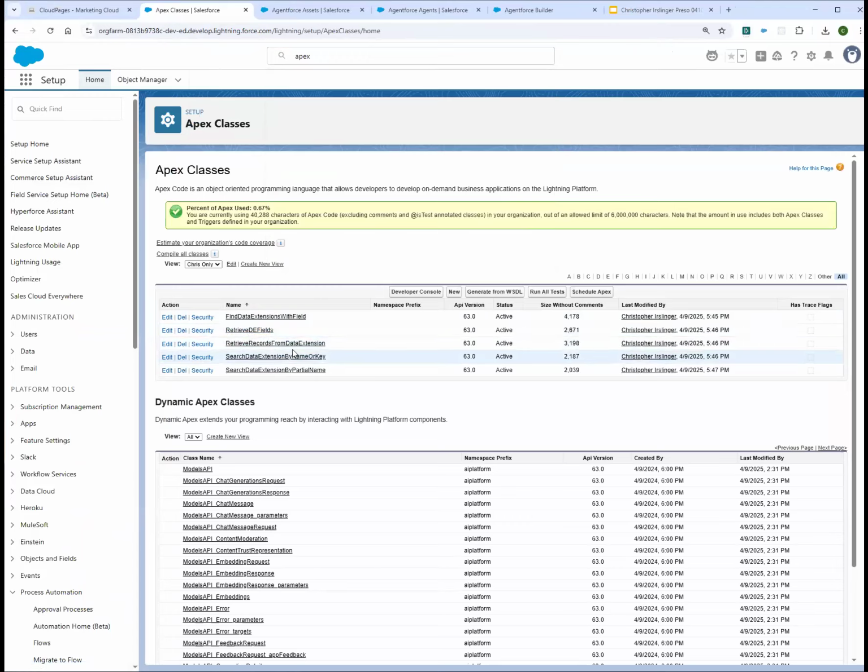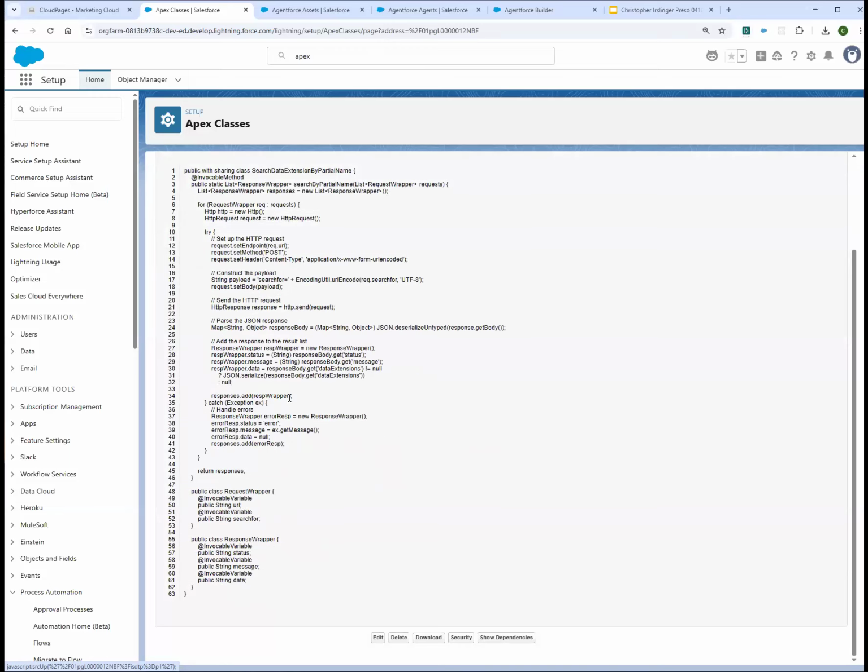search data by partial name, all this is a simple Apex class that is sending a payload to a specific URL with an invocable variable for a search for string, and the expected response is the status, the message, and the data.